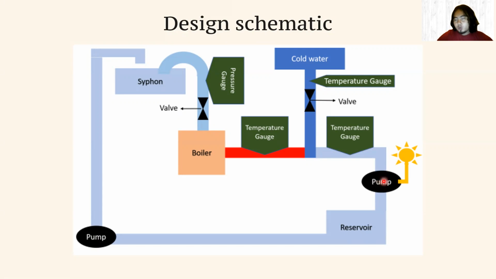and it will go to the pump or water generator. It is expected to turn on the light here. This is the light. And from here, the water will go to the reservoir, and then it is transferred to the siphon with the help of the pump, and then the water will be sent to the boiler, so it will create a cycle.